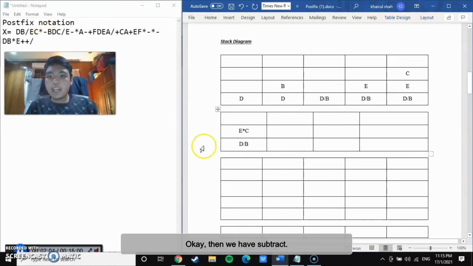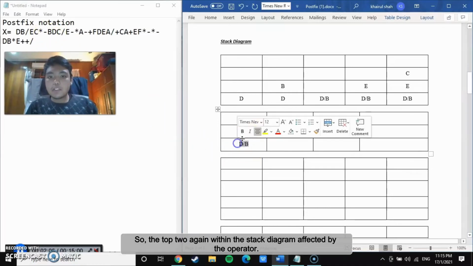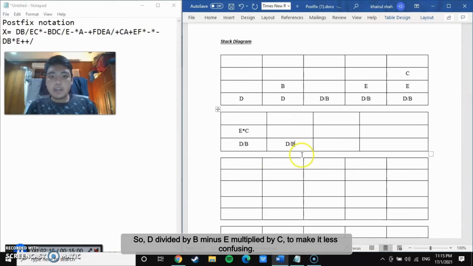Okay, then we have subtract. So the top two again within the stack diagram are affected by the operator. So it becomes D divided by B minus E multiplied by C. To make it less confusing,